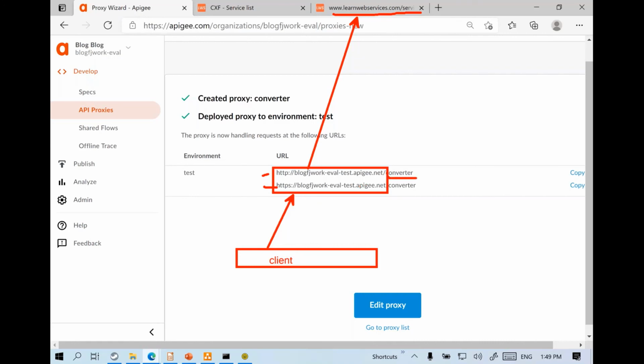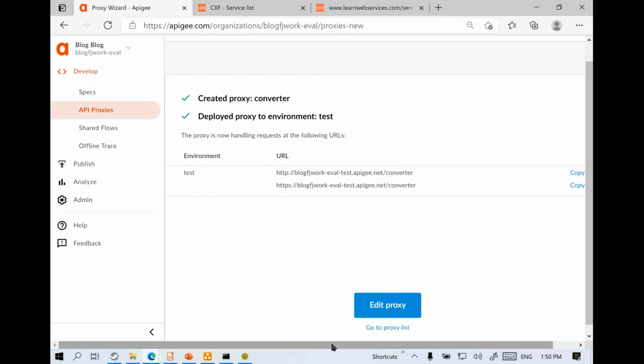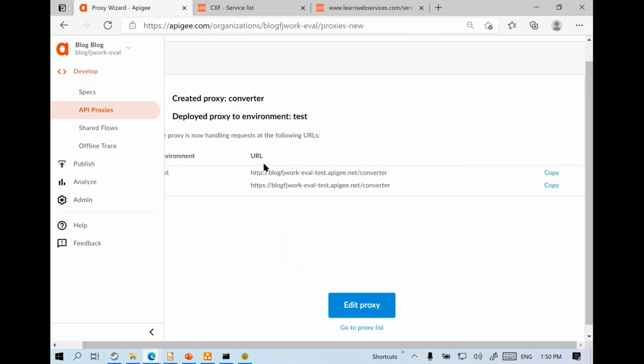Notice that the last bit is letting us know that we want to access the converter service, but the first part, the domain name, is radically different. Once you're done with this part, you can make a note of this URL if you want, and let's test it out.